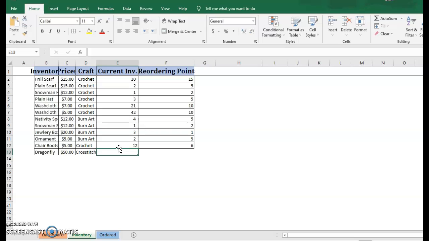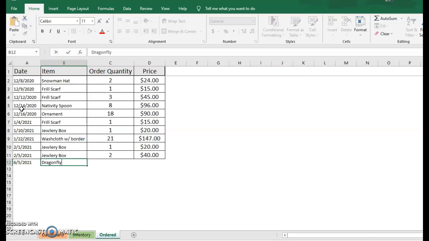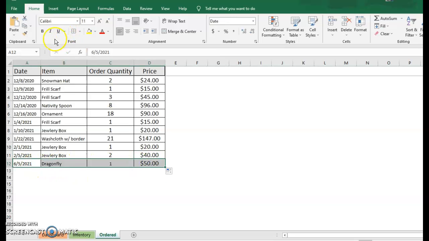Okay, we'll give it a label. We'll say that we have 0, and our reordering point is going to be 2. And we'll just make that pretty, because I can't help myself. And let's say we just recently got an order in for this, so June 5th, 2021, we've got an order for Dragonfly, and it's an order for 1, and we're just going to copy this down. So there we go. Now I've added my new